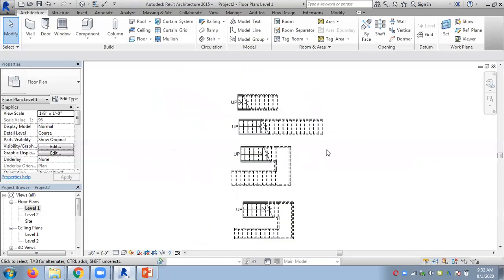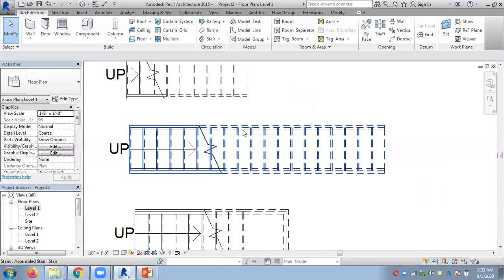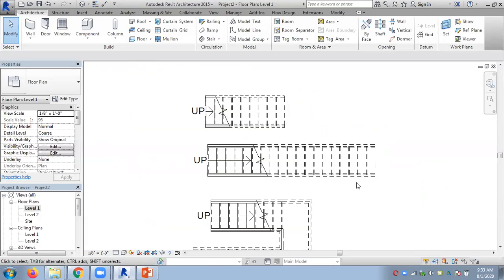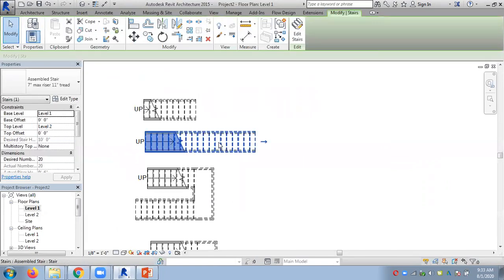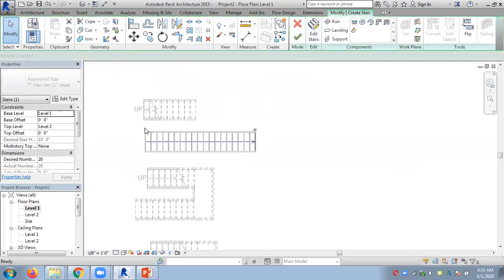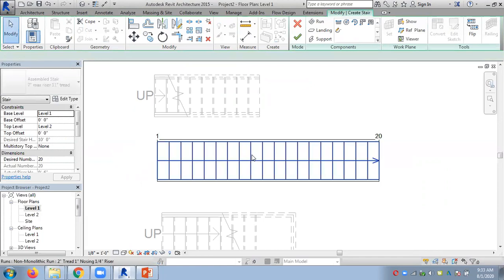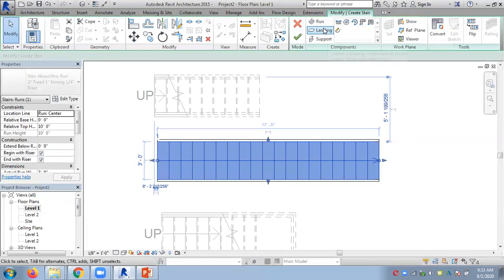So I will do it. So his requirement is to have a step, something like a big step here. So it's a landing, but it's a straight one. So if I try and come and try to edit this thing, it's not going to be easy because these are predefined shapes.